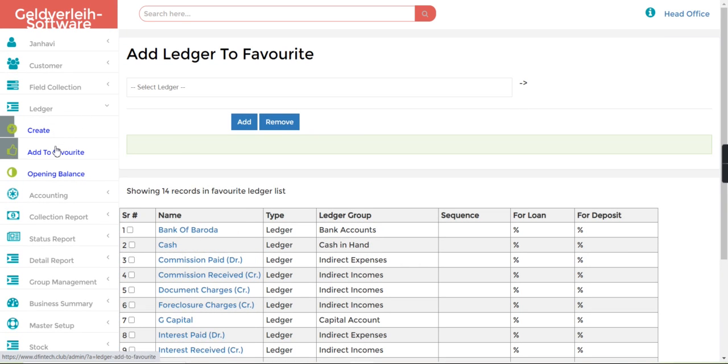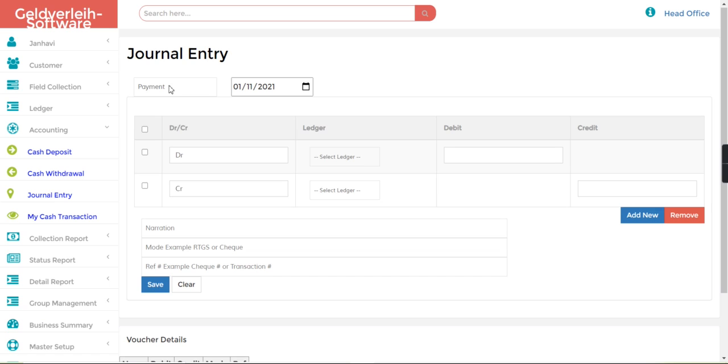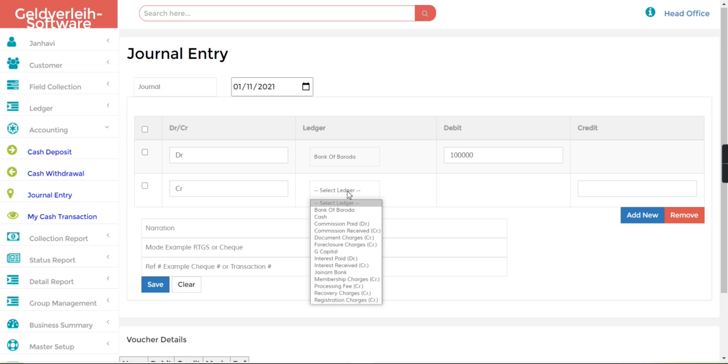So from here, accounting, let's go to the journal entry. Here I will select, let's say, journal, and here I will take the Bank of Baroda. So let's say 1 lakh investment through the bank.